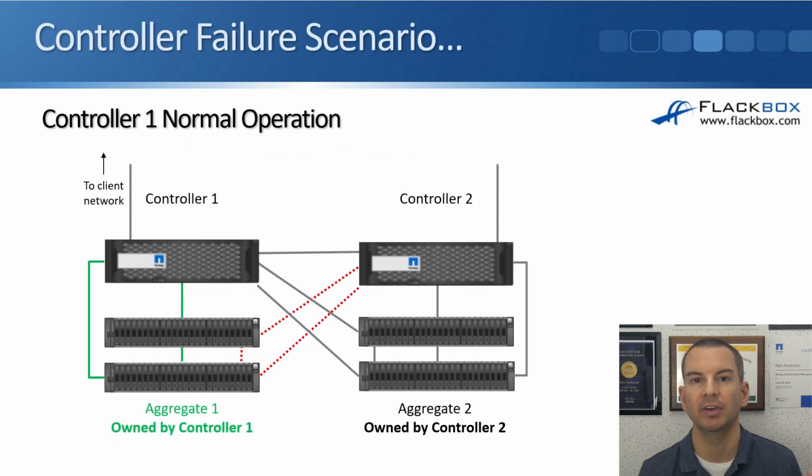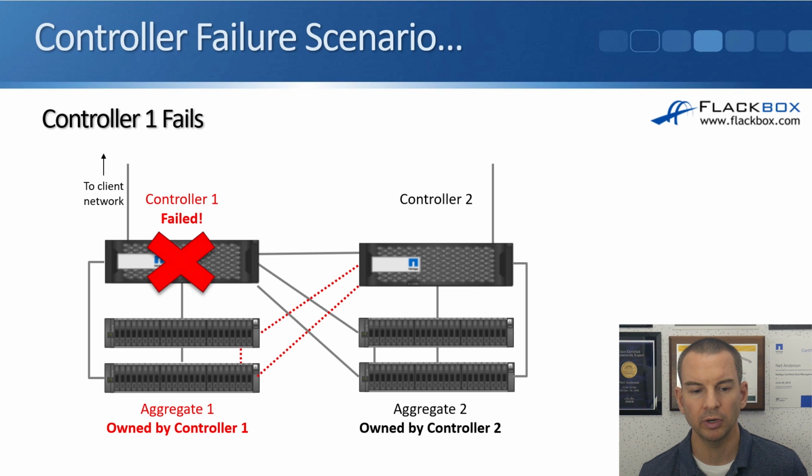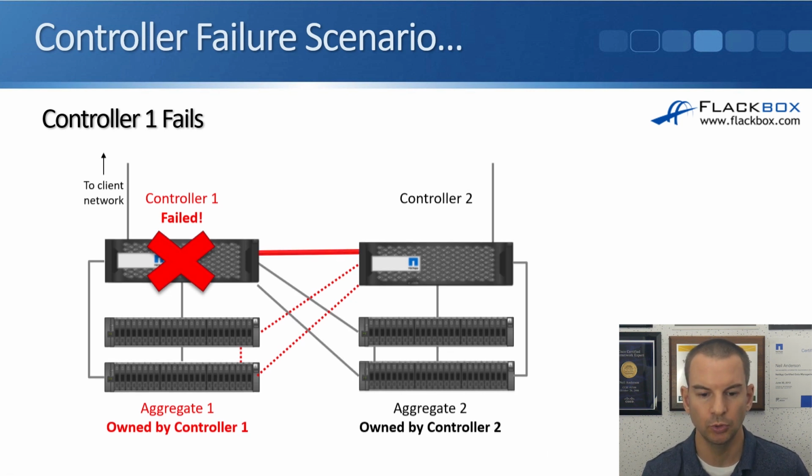With normal high availability, all of the nodes in your cluster are going to be configured as high availability pairs. Each node in a high availability pair serves as an HA peer for each other. You can see here we've got controller 1 and controller 2. Aggregate 1 is owned by controller 1 and aggregate 2 is owned by controller 2. Both controllers are connected to their own disk shelves and also to the disk shelves